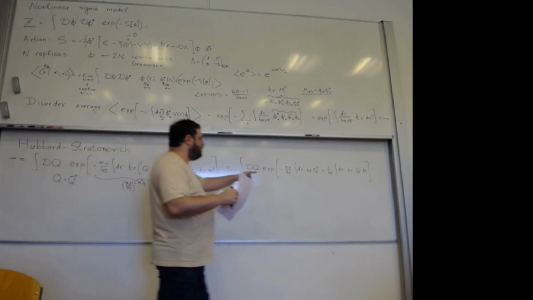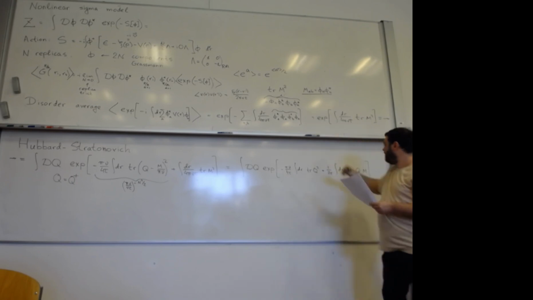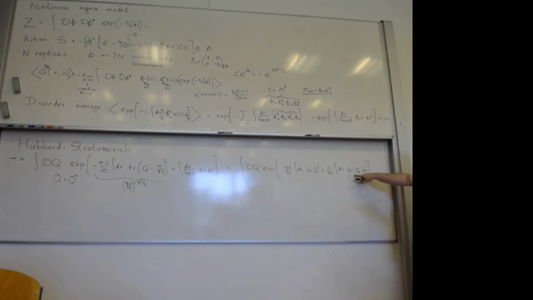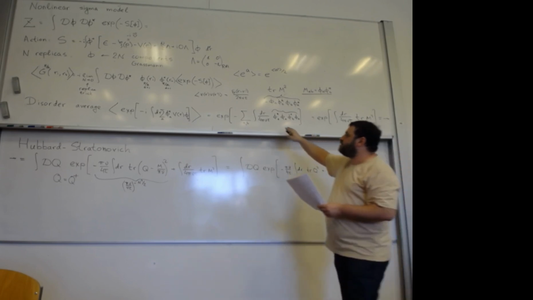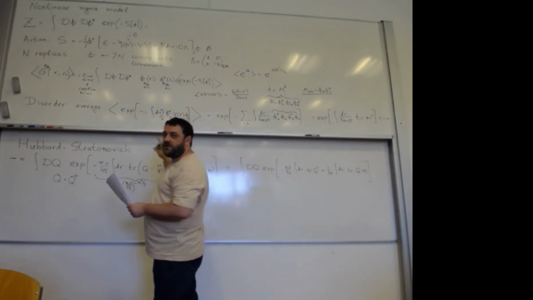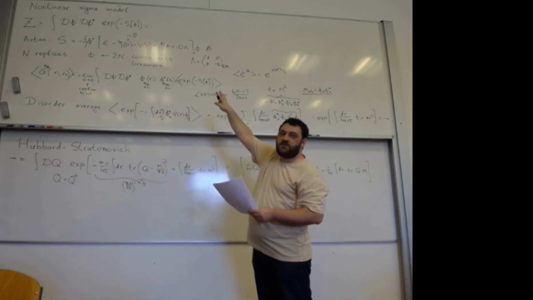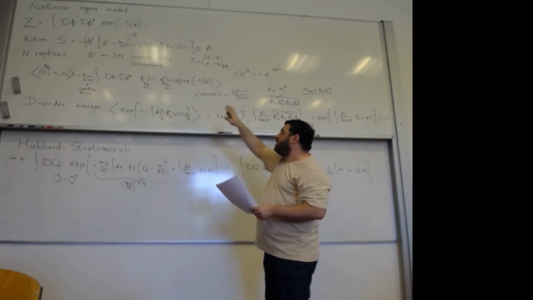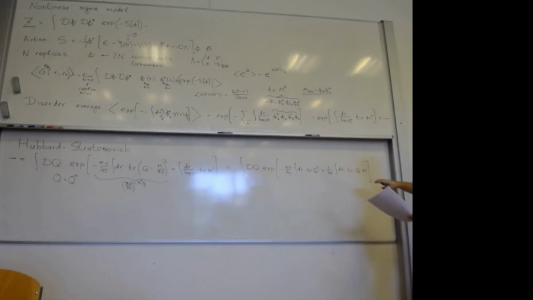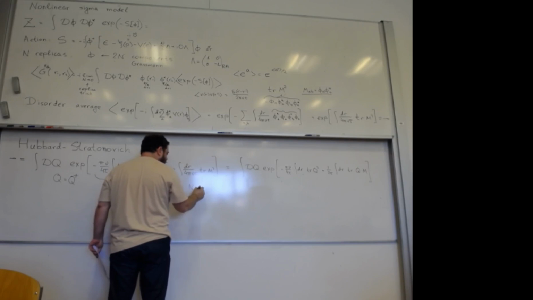And now, at this point, I recall that m is the product of two phi fields, like here. So this expression is quadratic in phi fields. And I also have other parts of the action. I took only the one with v. I also have some other parts with epsilon, psi, omega, others that are also quadratic in phi. So I can combine the part that I had in the action before with this term, and what I get is the new action